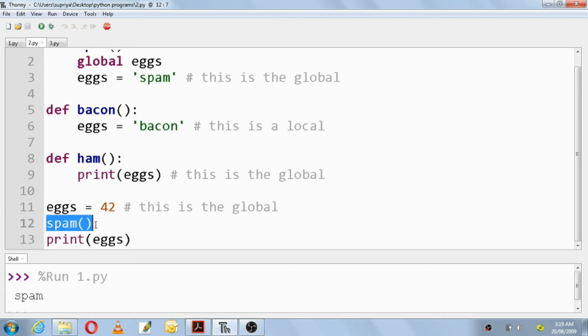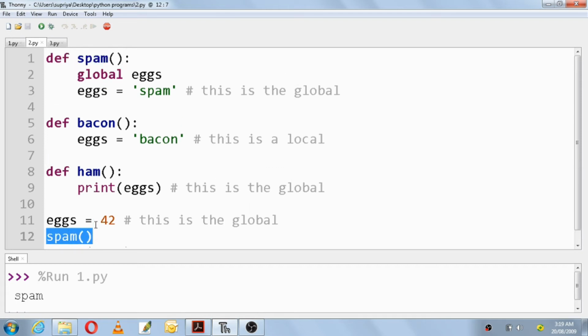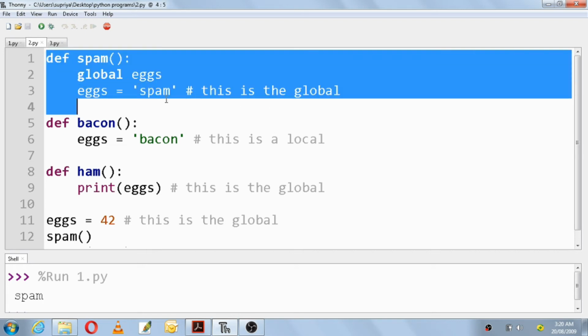Spam function is called. So we have to go to the function definition of spam. Okay, function definition of spam is there. So what spam is doing is it is making use of the global statement on the variable eggs. So it says that there is already a global variable eggs, and then you are modifying it inside a function spam. You are reinitializing eggs here with spam, and this is global. Okay, once you finish with this function definition, that is, you have reinitialized the eggs value with the text spam,